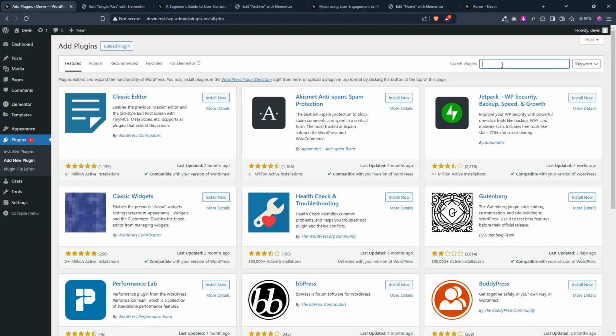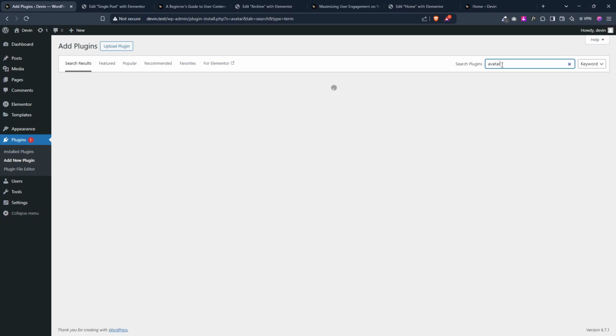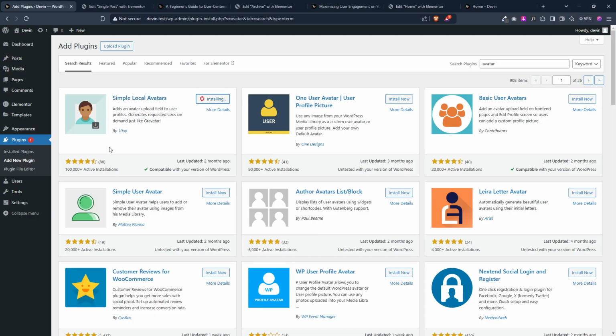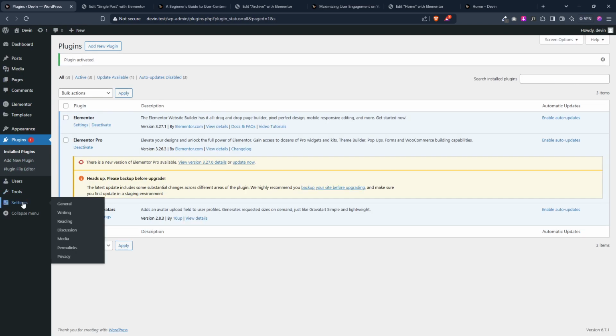You just come and search avatar like that, and you are going to install these simple local avatars with around 100,000 active installations, and you're just going to activate it. And after activating it, you are going to go to settings, no, users, sorry, and then click on profile,